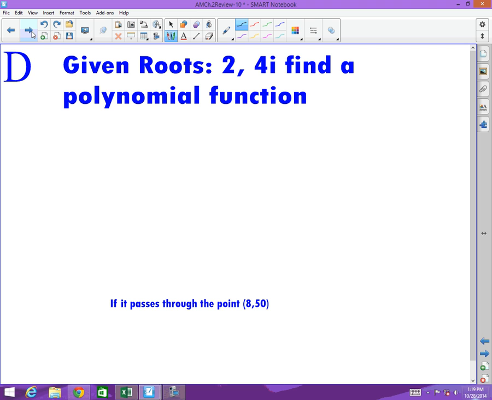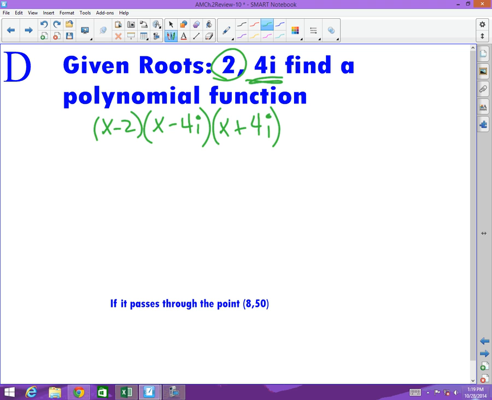So if you're given the roots 2 and 4i, and you're supposed to find a polynomial function, since 2 is a root, x minus 2 is a factor. Since 4i is a root, x minus 4i is a factor, and i's must occur in pairs, so x plus 4i also has to be a factor. And you would be done with that if that's all it asks you to do. If it says write it in standard form,